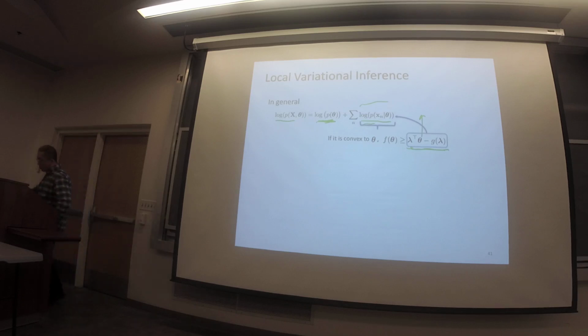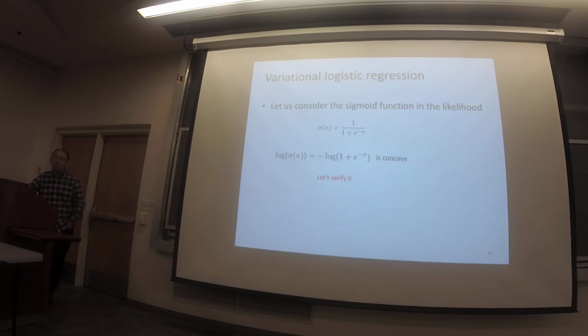Okay, assume everyone is fine. Now we'll look at a specific example. We're going to use this approach to do variational logistic regression. I want you to be careful because this example is pretty complicated. That being said, if you can go through the details of this example, it will be much easier for you to deal with any other cases. So I will leave all the details of the derivation on the website. I will show it, but I recommend you follow those details afterwards. Anyway, you will be required to implement this